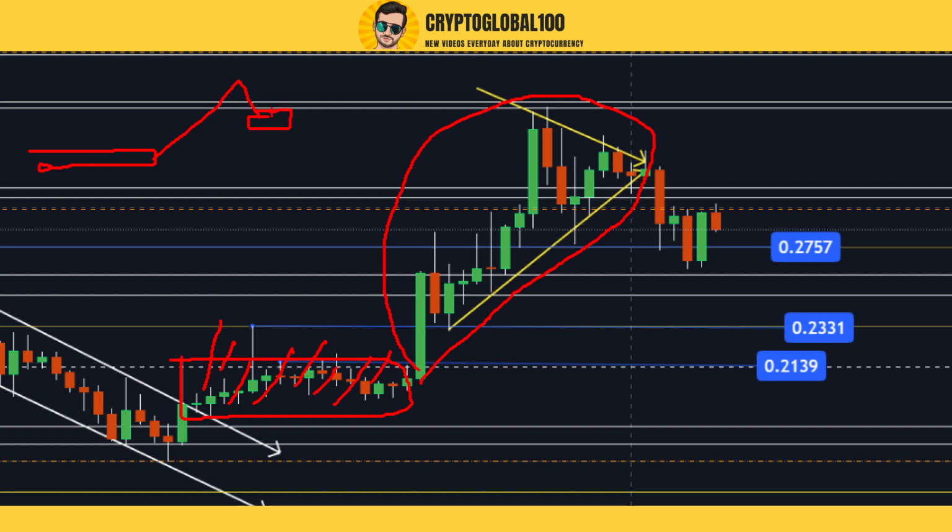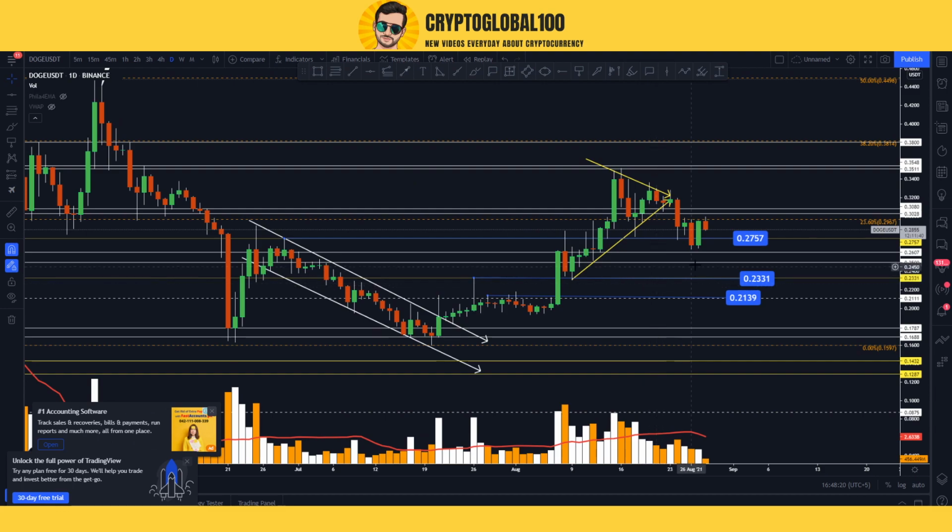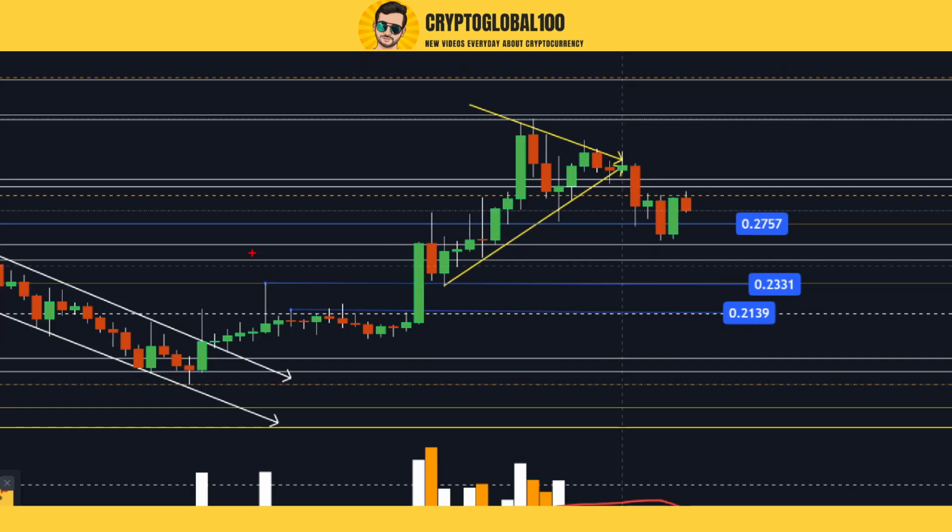We see another distribution period. This is the distribution period, this is the accumulation period, this is the period after the accumulation, and this is the period after the distribution, which we are currently looking at. So we might be in these 2 phases right now: the accumulation phase, then the phase after accumulation, then a move down, and then another accumulation. Now we are in this zone, where we might see an accumulation or a move down around the region of 0.21